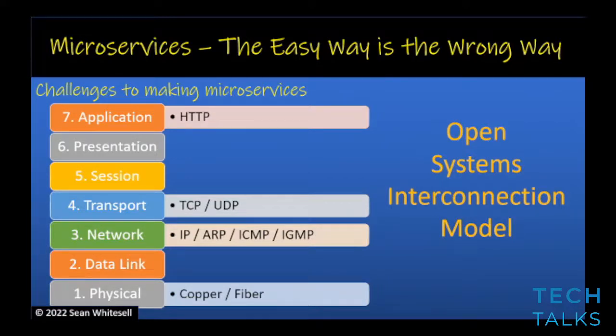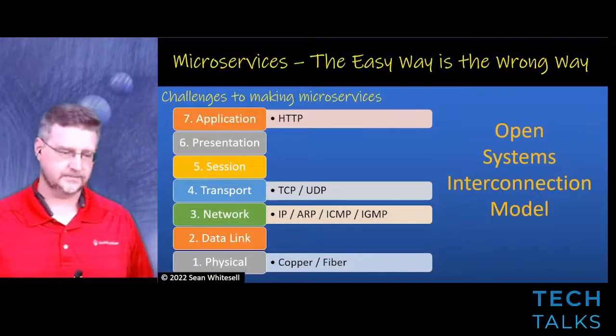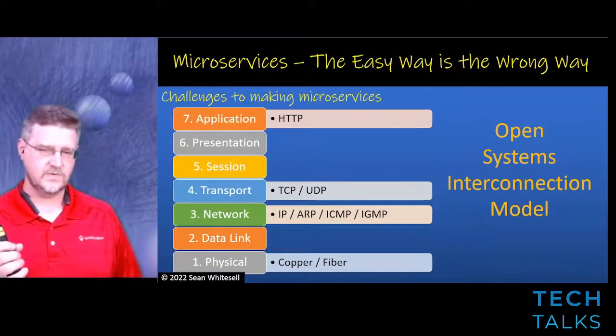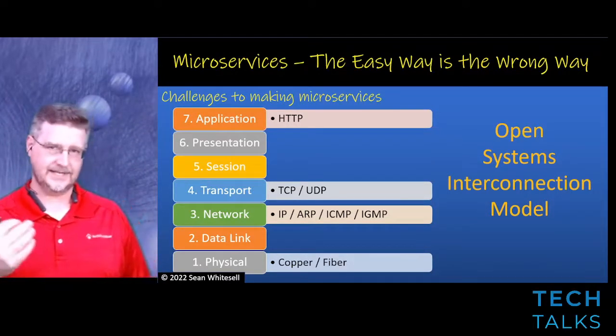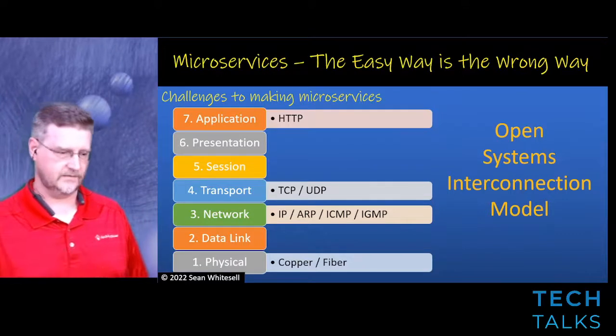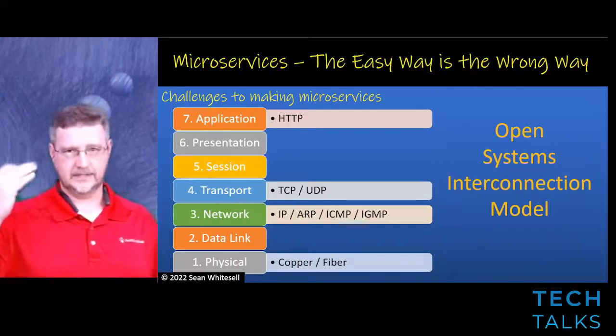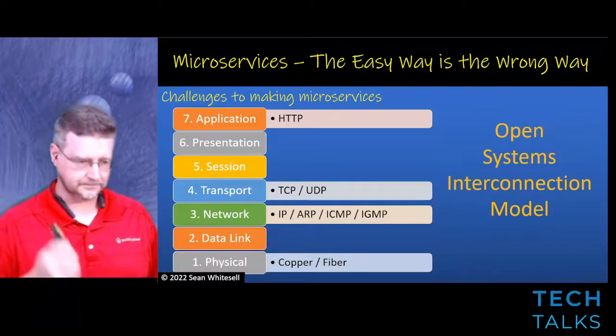And then as data packets are coming through on those communications, it's going to come up to, for example, an IP address. Well, this is where your layer 3 comes in. So maybe it's an IP address, maybe it's ICMP for ping, for example. And then you have that type of data, which is TCP or UDP, and that's layer 4. Then we go all the way up to layer 7 for HTTP.